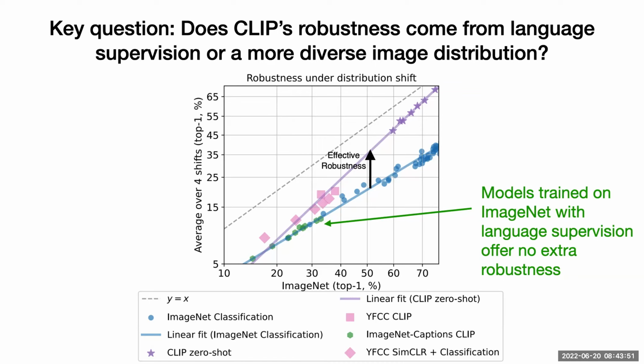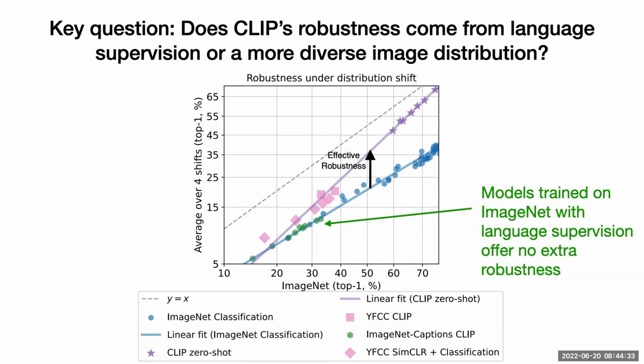And then what you get in these scatter plots are these green points here. So the blue line again is the baseline, just train on ImageNet, standard supervised learning. And now if you do image-text pre-training on ImageNet, you get exactly the same robustness behavior as just training supervised on ImageNet. So you get less robustness than what you get if you do CLIP pre-training on their data set. We also have more experiments. Overall, the conclusion is pretty clearly that it's all in the image part of the pre-training data. The language supervision is important because it allows you to train on a more diverse pre-training data set, but language supervision in itself does not give you robustness.